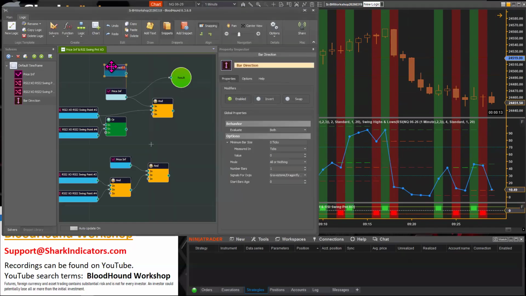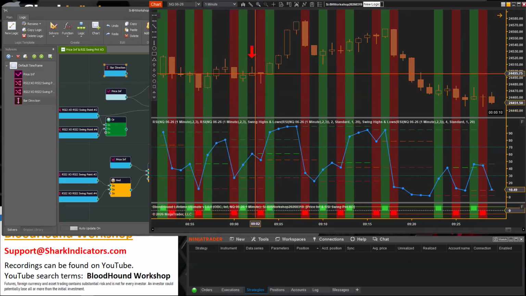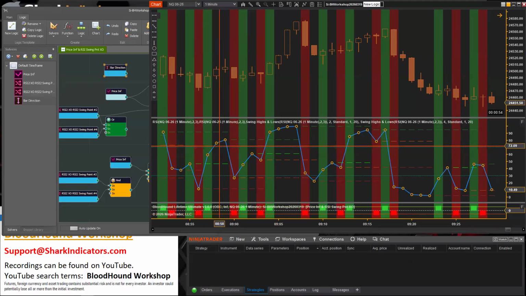Yeah, so that's primarily what this bar direction is used for, eliminating those signals where the signal direction and the bar direction do not match up, right? So it makes sure that they all correlate. And for this particular setup here with the RSI 2 period, there's no lag with an RSI 2 period. So that's never going to be a problem. Although you should never say never, because